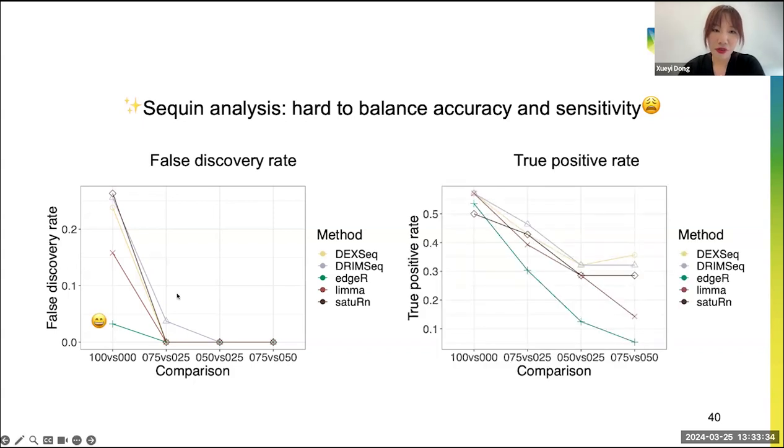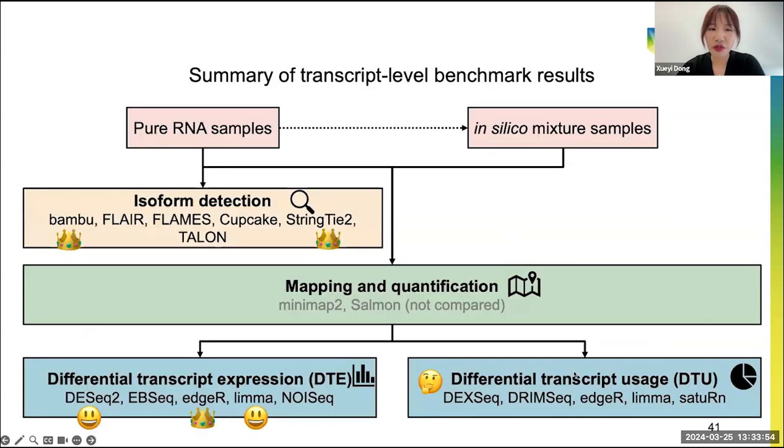But if we look at the true positive rate, we found out that HR is having a bit lower true positive rate than the other tools, especially for the last two comparisons when the differences are relatively small. So in summary, for the DTU tools, we found out that there is no tool we can say that it's outperforming the other tools. And there is still a lot of space, and there's still a capacity to develop better